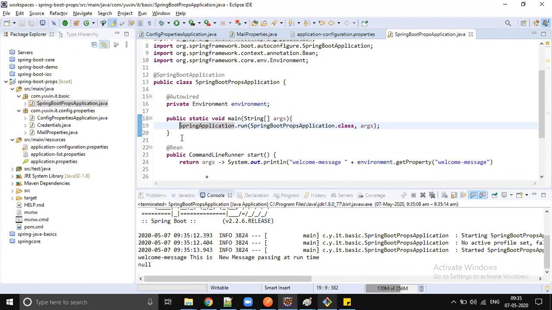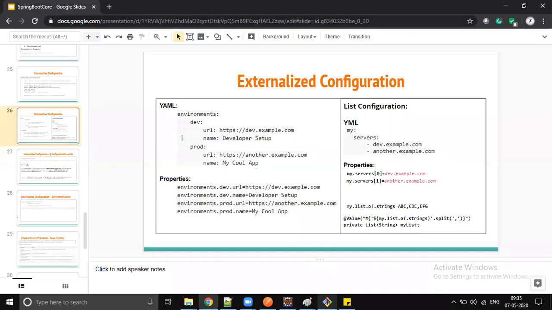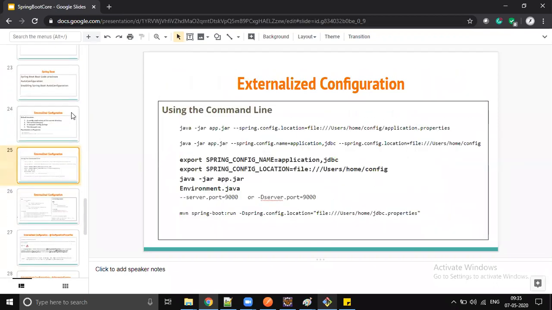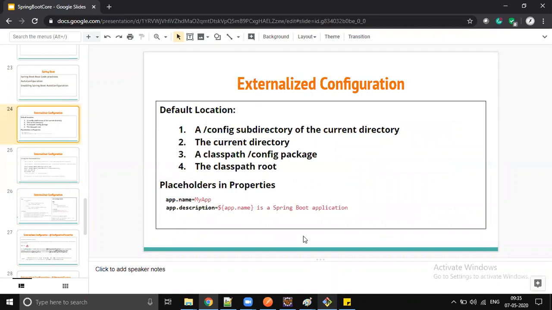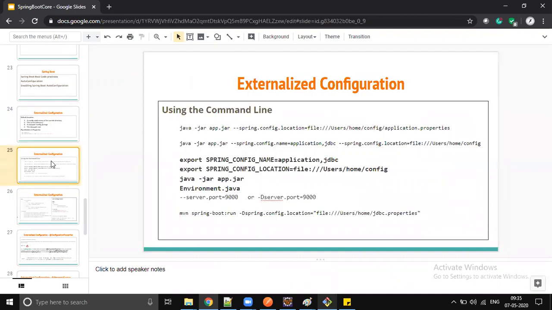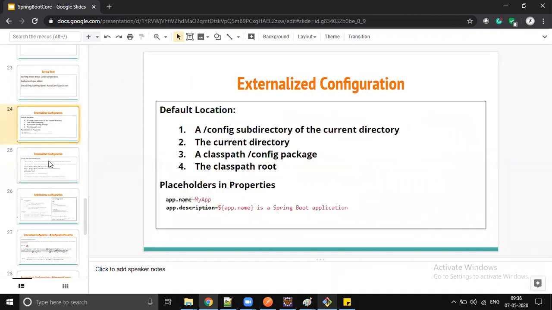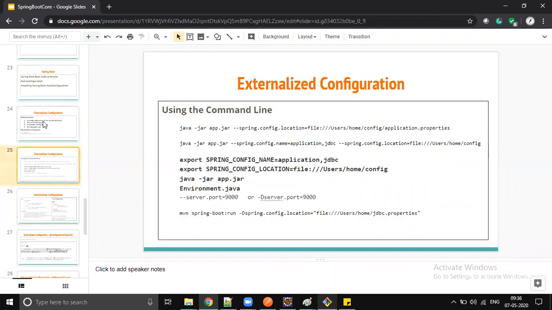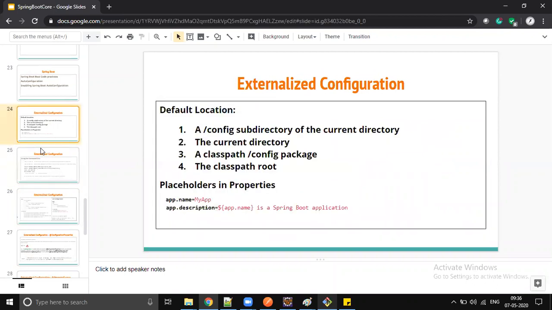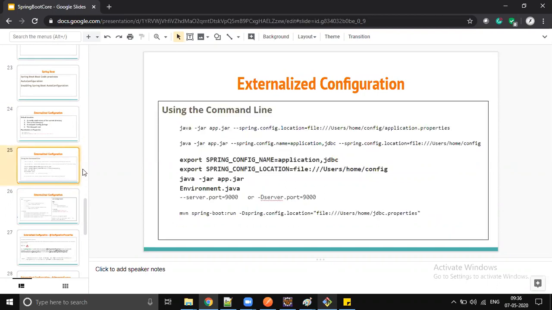So with this we are done with the concept called externalized configuration. It's a very huge concept, at least explanation-wise. In your project, you are for sure going to use some out of all this. I cannot guarantee all the concepts will be used. Based on your project requirement, you will use a few of them, right?